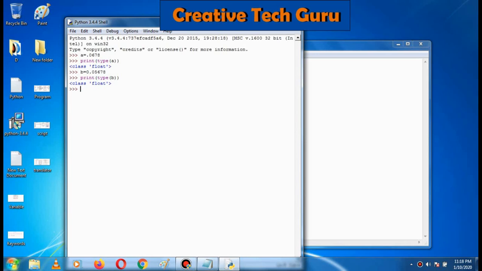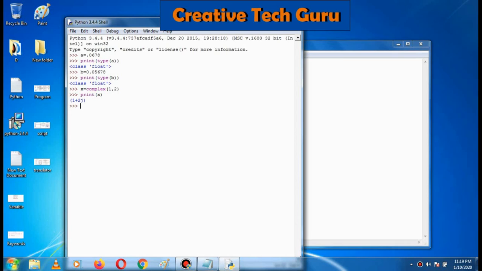For example, I will show you how to assign a complex value using the complex keyword. First you have to mention the real value, then you have to give the imaginary value. If you want to see the output, I am going to print the value of x. It will show you the complex value, that is 1 plus 2j.